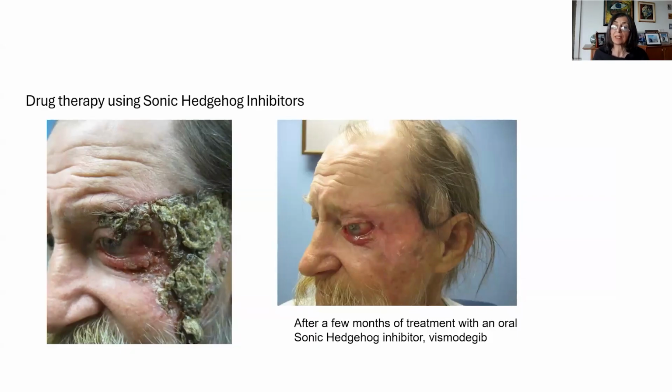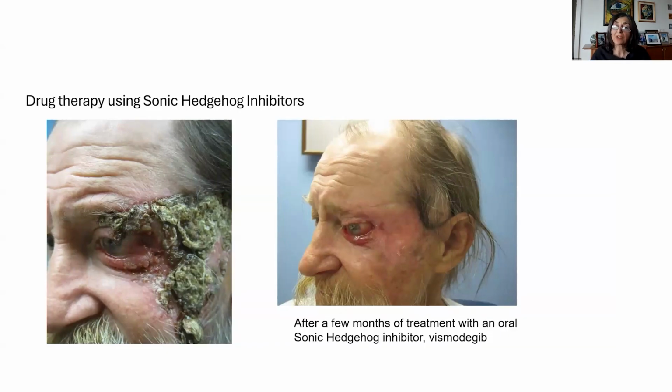These are oral medications that can be taken for very large basal cell cancers, as is the case in this patient you see in the photo on the left. After taking vismodegib, which is a sonic hedgehog inhibitor, after a few months, he has resolution of this large ulcerated lesion. Of course, these drugs are not necessarily curative, but they are